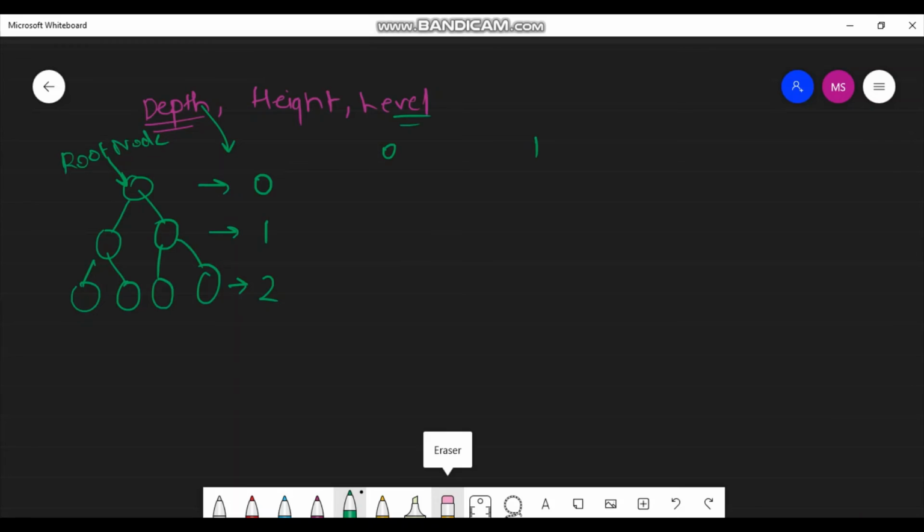Level is the same, some people take it as 0 1 2, some people take it as 1 2 3. Height and level are the same. Okay, so no confusion: depth just starts with 0. Level actually starts with 1, but some people take it with 0. Okay,